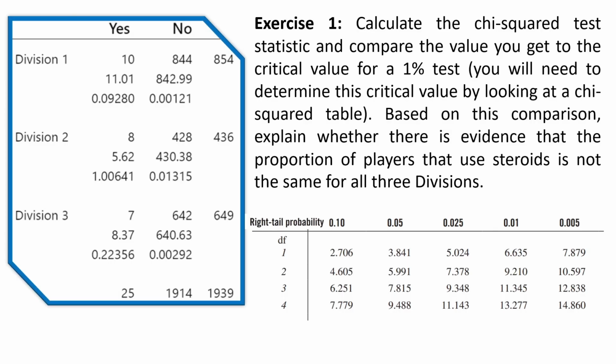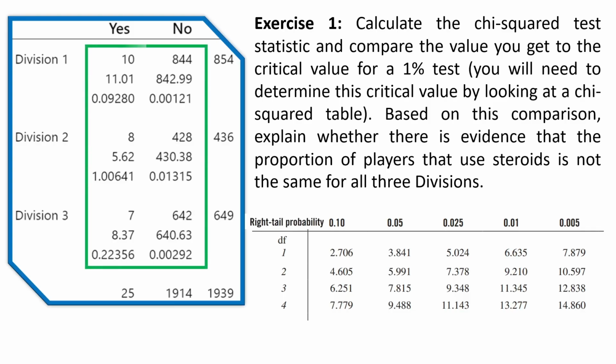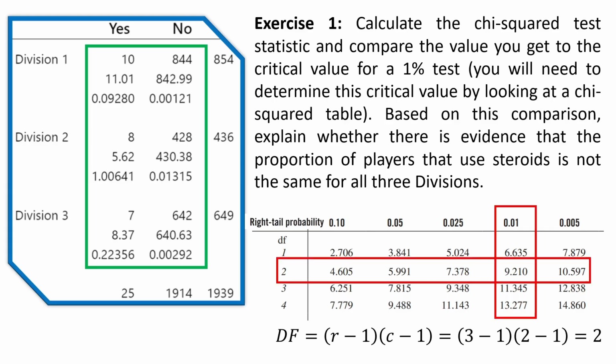So here's our data. We're going to calculate the chi-squared test statistic and compare it with a critical value for a 1% test. So before we do that, we need to determine the critical value, and in order to do that, we need the degrees of freedom. So looking at the table, you see that we have 3 rows and 2 columns. So the degrees of freedom is the number of rows minus 1 multiplied by the number of columns minus 1. In this case, you get 2 degrees of freedom. For a 1% test, that gives us a critical value of 9.21. Now, to get the test statistic, we just have to add together these 6 individual contributions. And doing so, you get a number